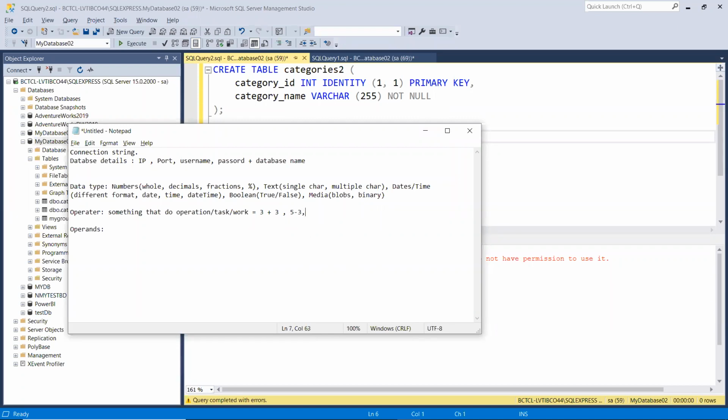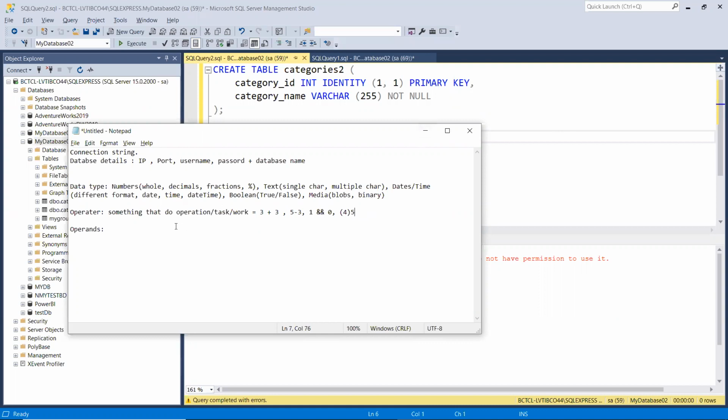If I say 1 and 0, we'll talk about it later, but the and is an operator. Now if I say bracket, that is 4 and 5, it means 4 into 5. So now the bracket is an operator. I hope everybody is clear what is operator.